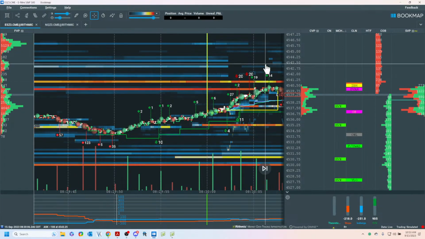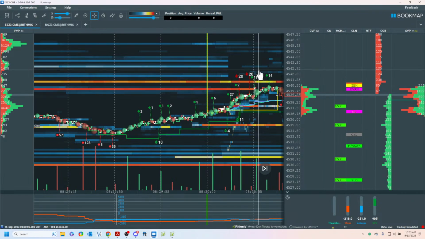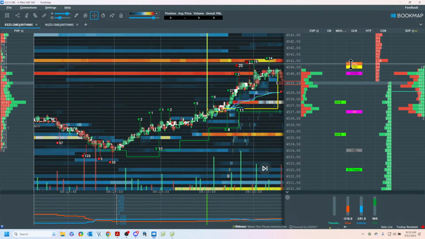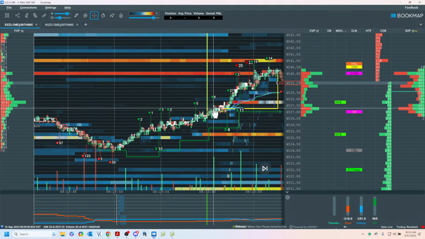Now we don't know, this is the joy, how, it could go anywhere. But here's what I have. This is where statistics come in. I have a level called the value area low from yesterday. So I know there's a level here. So let's look. So this says higher, higher.